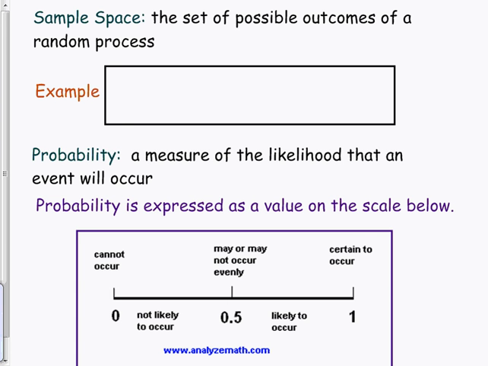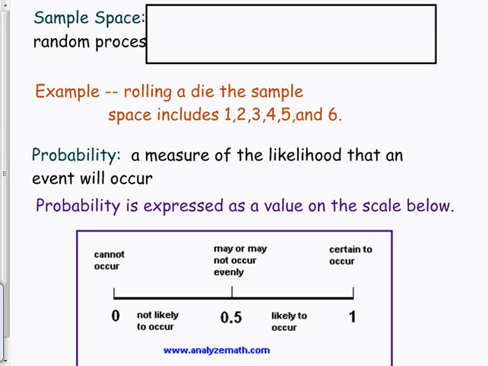All right. Sample space. I bet you most of you don't know what that is. This one's probably worth writing down because a lot of people get this one wrong on the test because they forget what this is. Sample space: the set of possible outcomes of a random process. All the possible outcomes. If I'm rolling a die, there's only certain things that can happen. When you actually list all the things that can happen, that's the sample space. Could get a 3. Could get a 6. I list out all the things that could happen. So you actually list them. The sample space would include 1, 2, 3, 4, 5, and 6. So if you list all the things that can happen, that's the sample space.